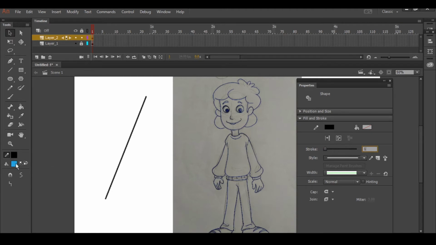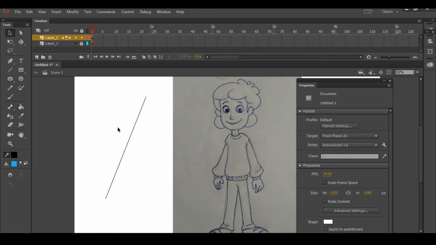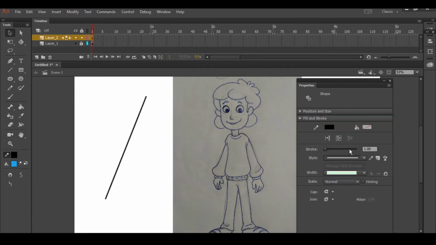For colors there are two color palettes: the first color for line and the lower color palette for fill colors. We are not working on fill colors now, we will be using only the stroke color. It will be black, and any time you can choose any color, later you can change the color, no problem. So we will be using line thickness 1 and the black color to trace this.